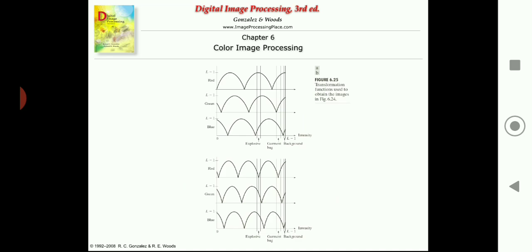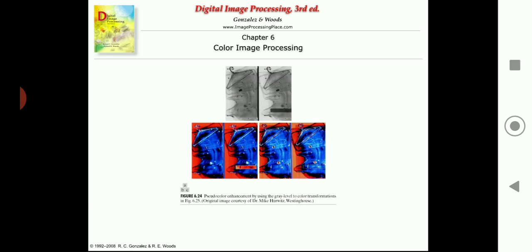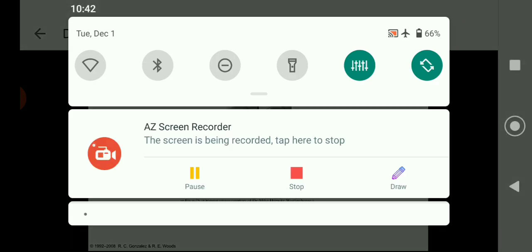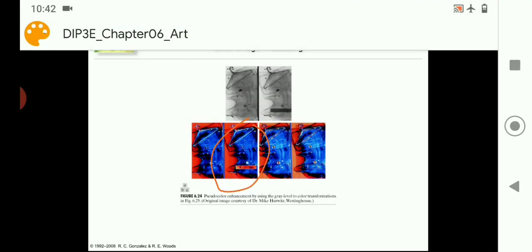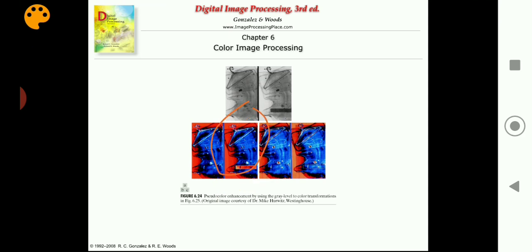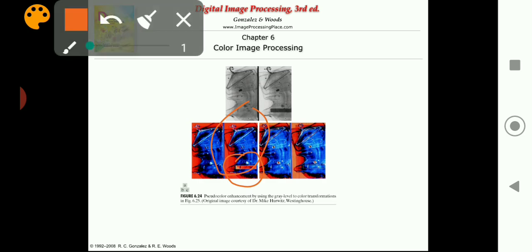So if you just go back to this one, if you observe here the background of this image, the explosive color as well as my marker color all have the same colors. The color is the same, but what is the difference, friends? How can you make out that I am making a circle here? No doubt all are orange itself, but how can you make out? By a simple thing: all three have different intensities.